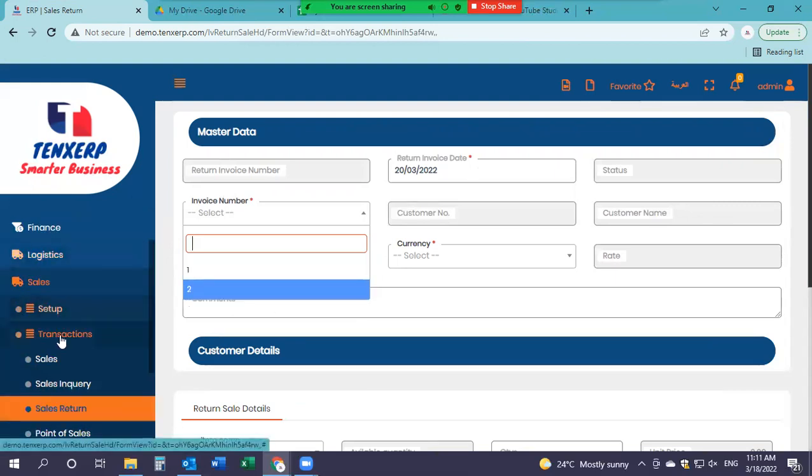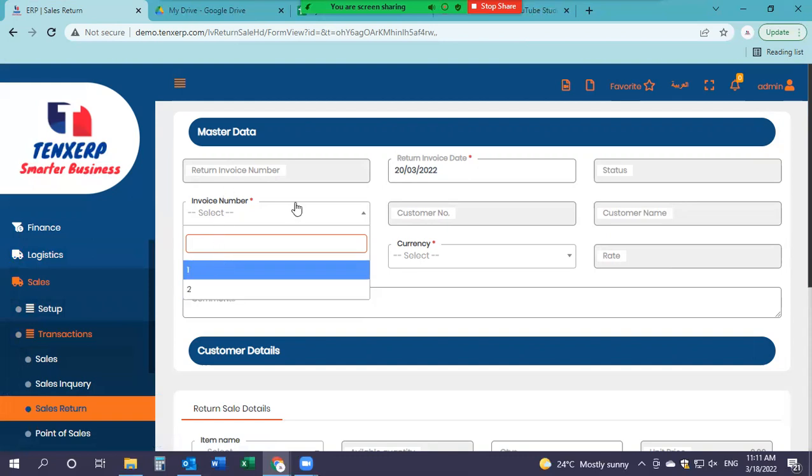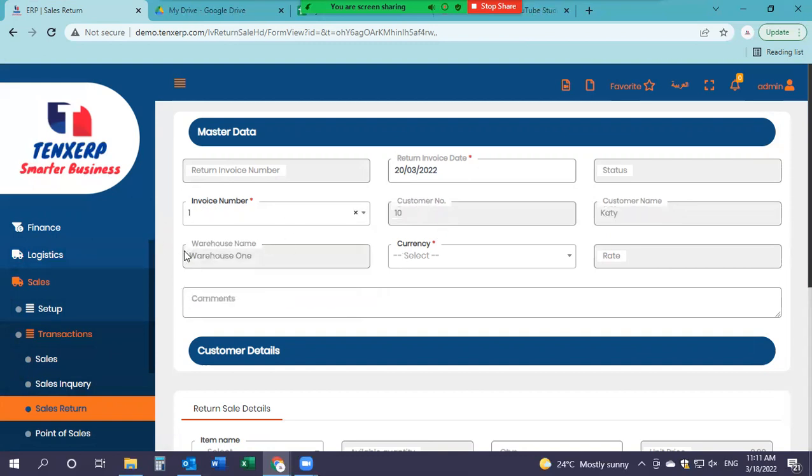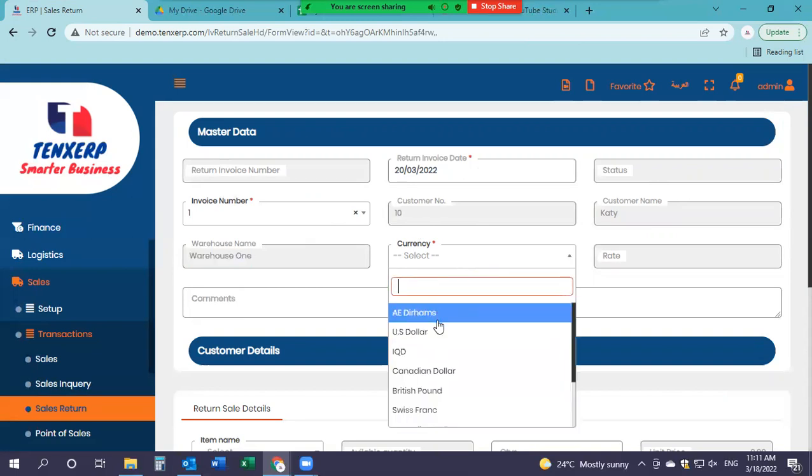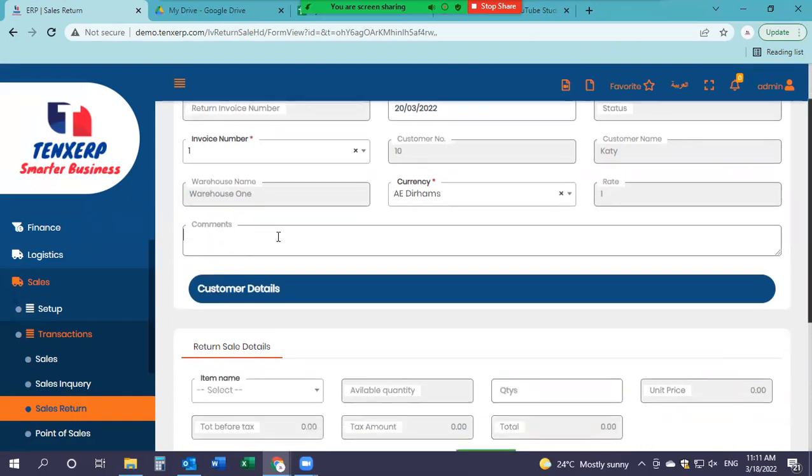In the sales section here, you can define them. Automatically the invoice number, once you define them in the sales, will pop up here, so you can choose which one exactly. So I'll do number 1. Then once we choose the invoice number, the system will take out the information relevant to the invoice number selected, like the customer number, the customer name, and the warehouse name as to where the goods were taken from and delivered to you from. Then we will select the currency, so AE dirhams, and the comment, so why the sales return is happening. You can give a short comment like computer was damaged,